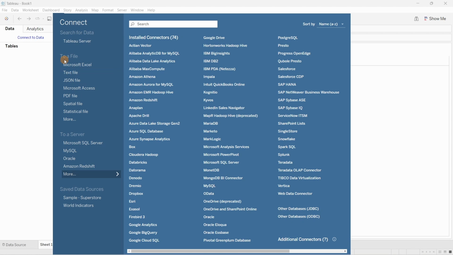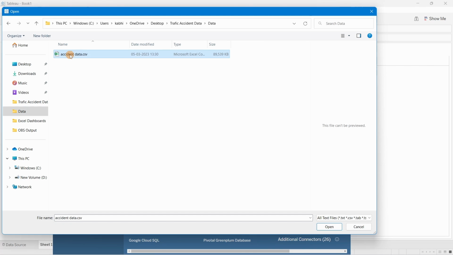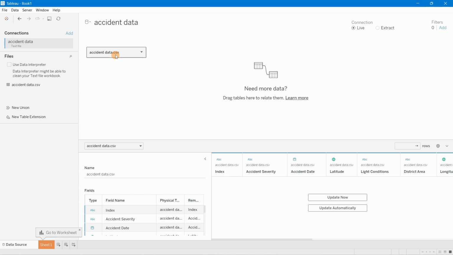As it is a CSV file, a flat file, not an Excel file, we have to click on text file, and I have my data here. So this is my data. You just have to click OK, and we have this particular file. Because we have a single sheet, if it doesn't come, you have to drag it from here